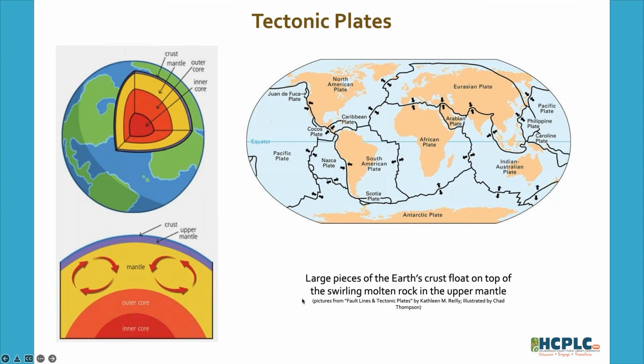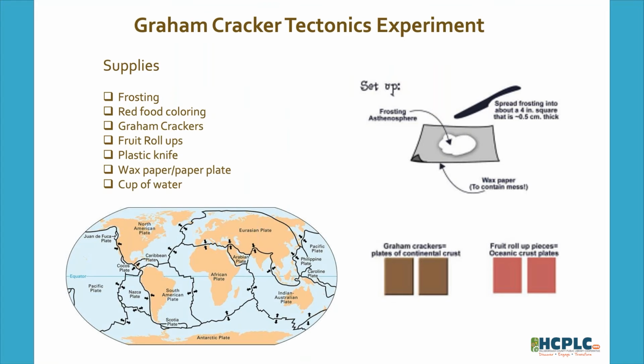And that motion is going to create motion up top on the crust, and it's going to make these plates move around. So we are going to do a fun experiment that simulates this motion, and it's called the